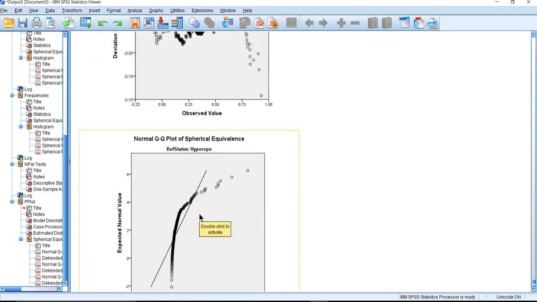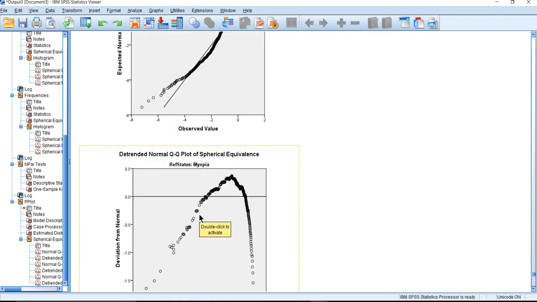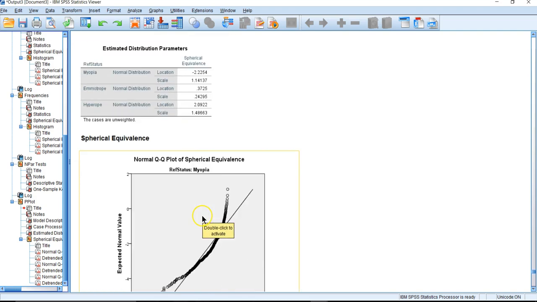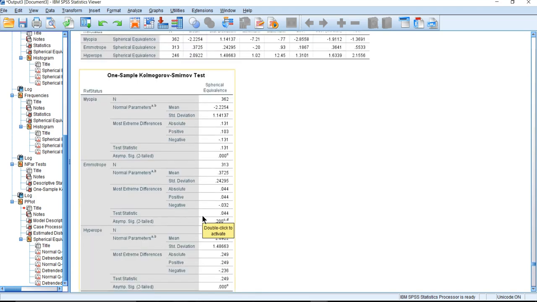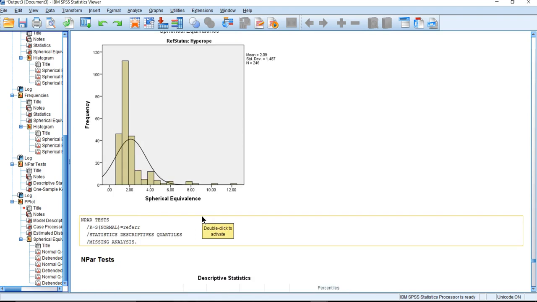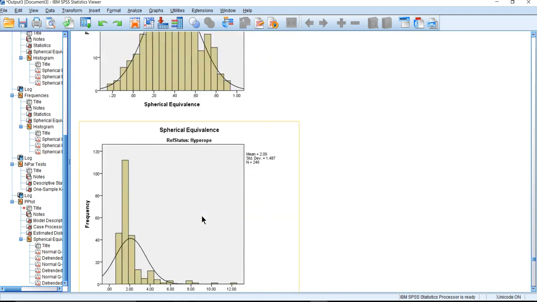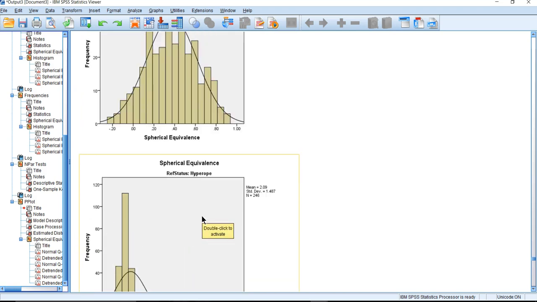So when you evaluate your data for normality, we have these three different ways. We have the QQ plot, we have the Kolmogorov-Smirnov test, and we have just looking at it in the frequency distributions, the histogram within the